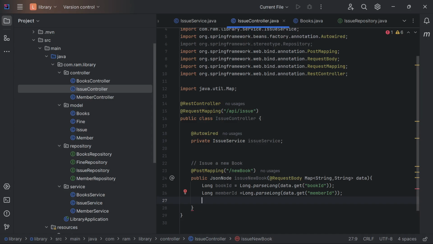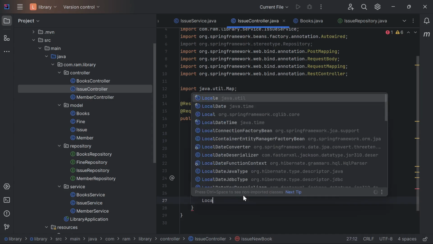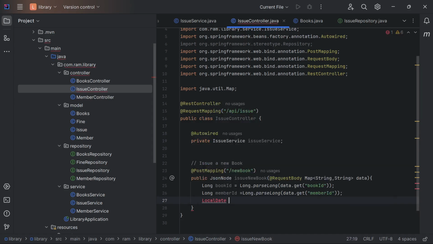And then we are going to extract local date, issue date, data dot get issue date,